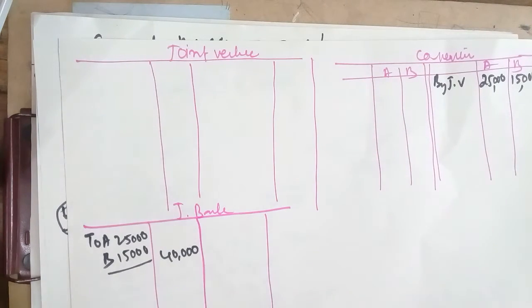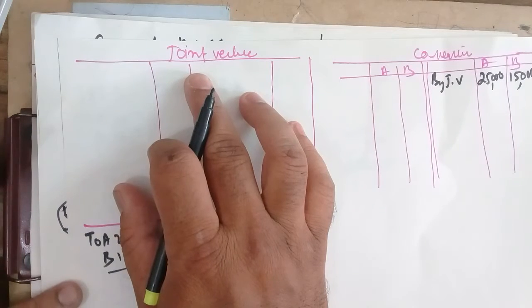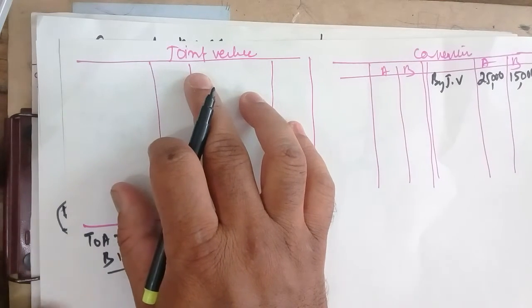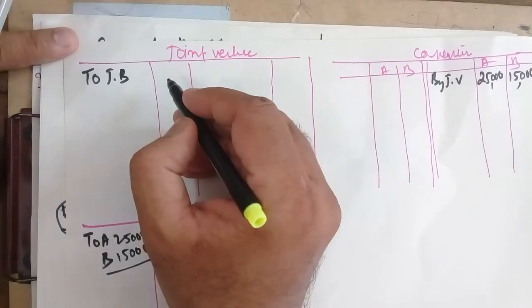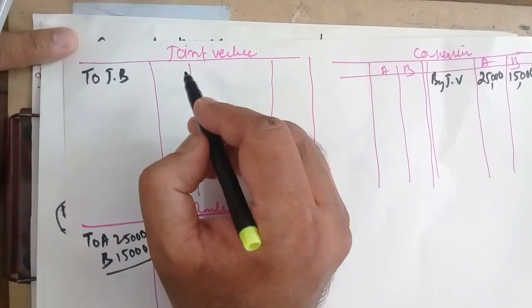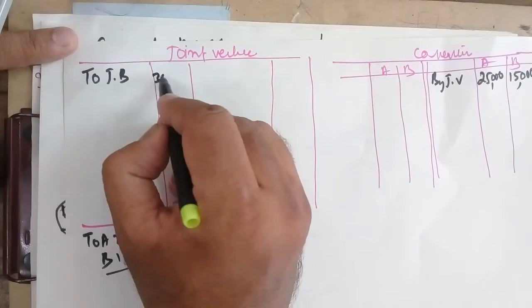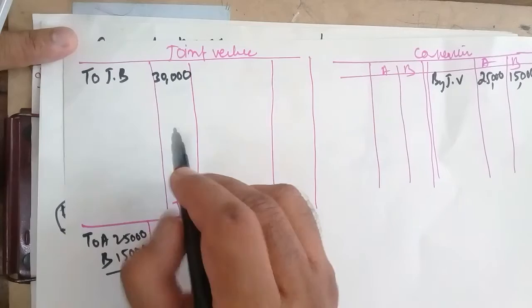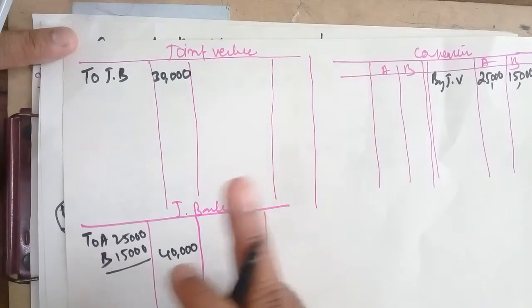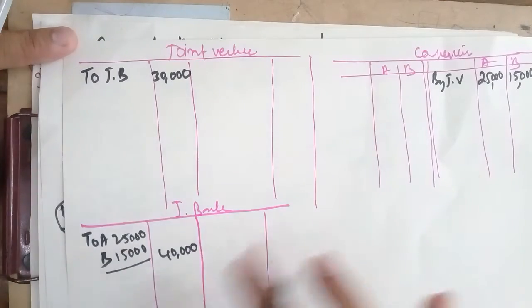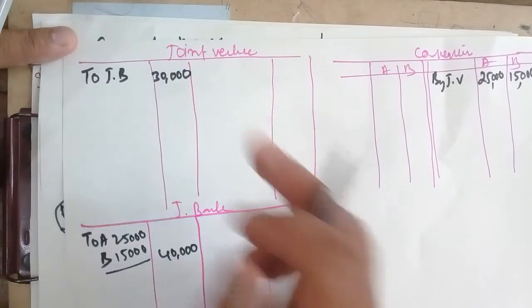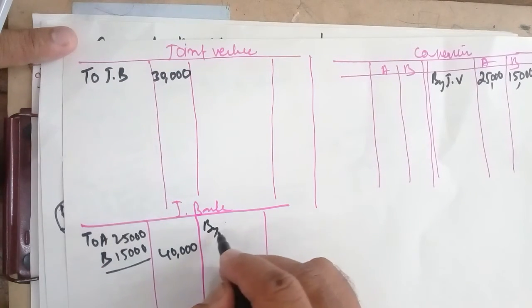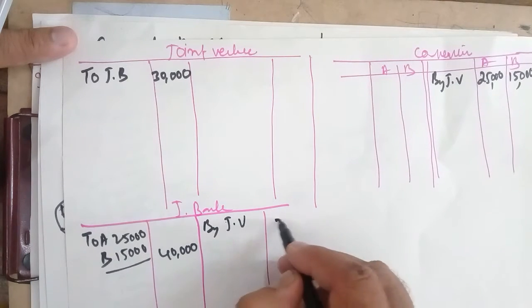Paid wages. So they paid wages towards the joint venture. It is an expenditure for the joint venture, so it should be debited in the joint venture account, to joint bank account. How much wages? In bracket you can write wages here. 30,000. Bear in mind you cannot write wages. I told you everything should be routed to 3 accounts only. Wages account we are not preparing. Material account we are not preparing. Only joint venture, joint bank and co-venturers. So everything should be routed to 3 accounts. So whenever wages are paid, in joint bank account, by joint venture 30,000.